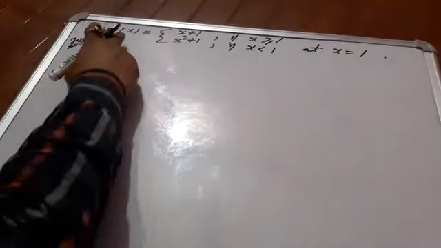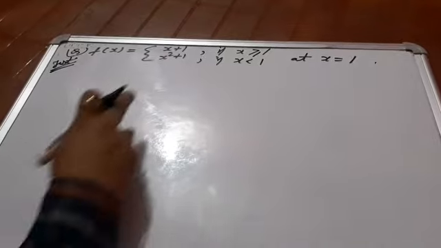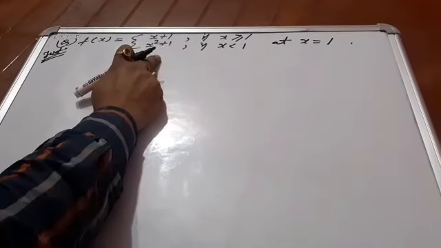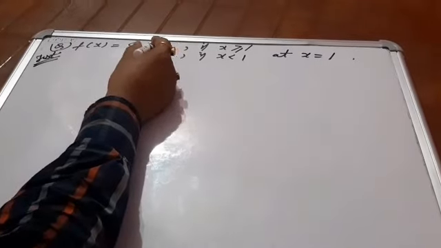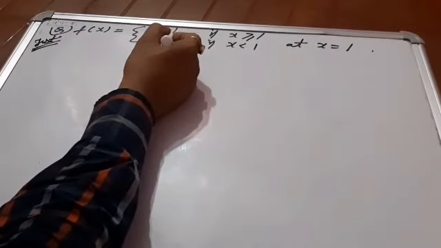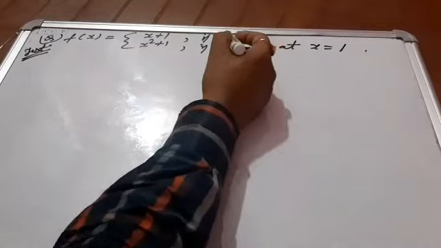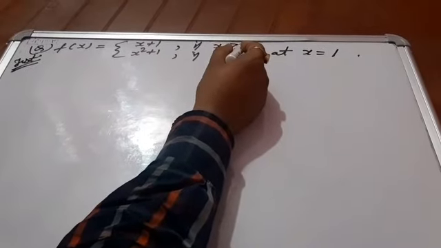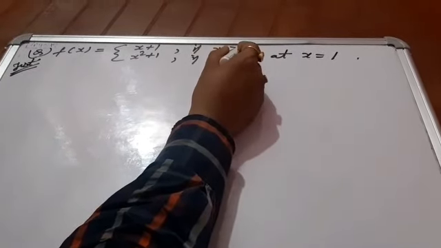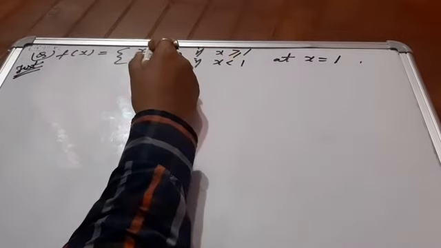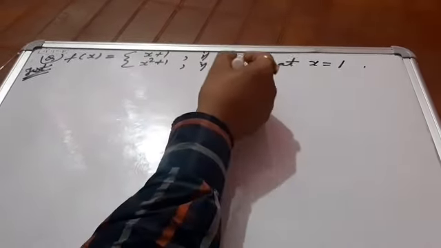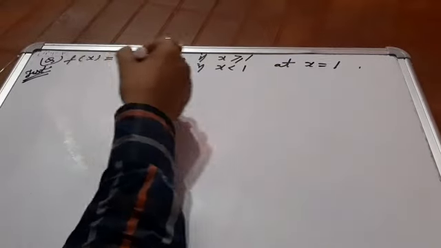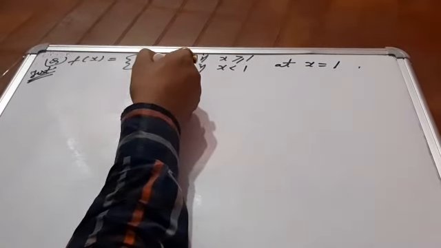Now come to the conditional function. Already I have discussed this conditional function. The function f(x) has two values. First x plus 1, second x square plus 1 for the given condition. When the value of x is greater than or equal to 1, meaning when x is equal to 1, then also the value of f(x) will be this, and if it is greater than 1, then also the value of f(x) will be this, and when the value of x is less than 1, then the value of f(x) will be x square plus 1.